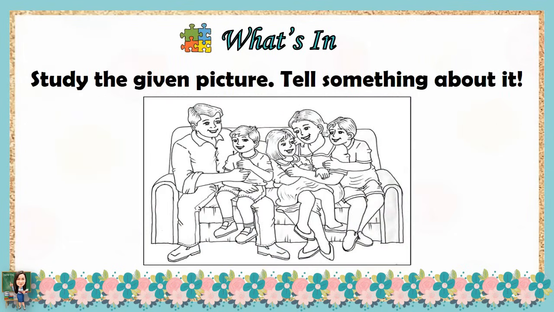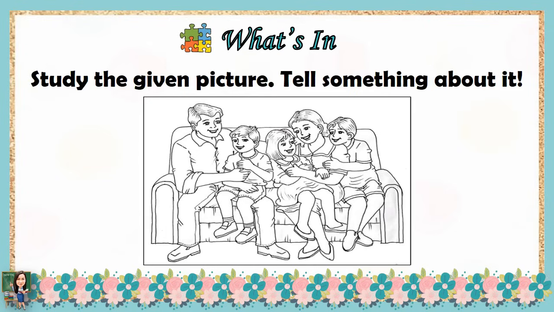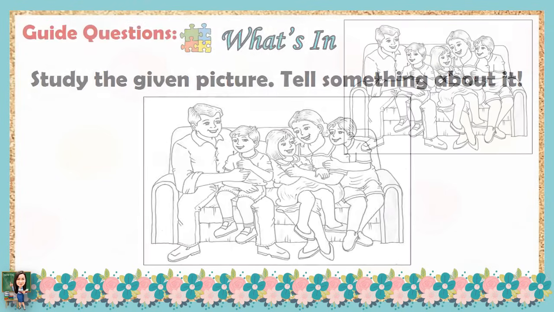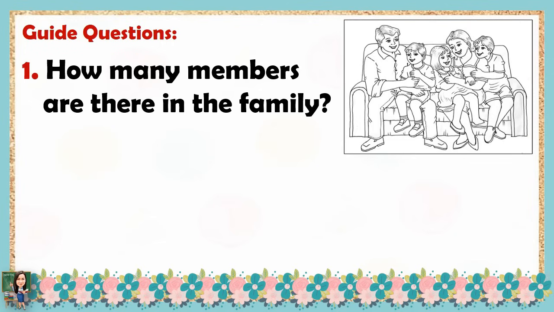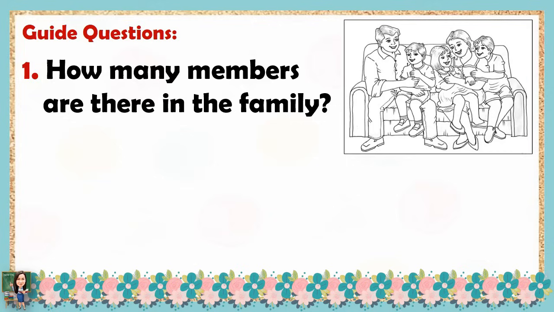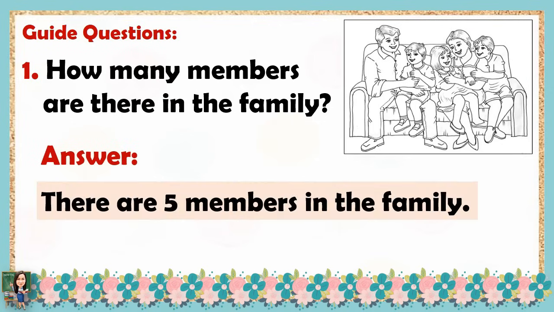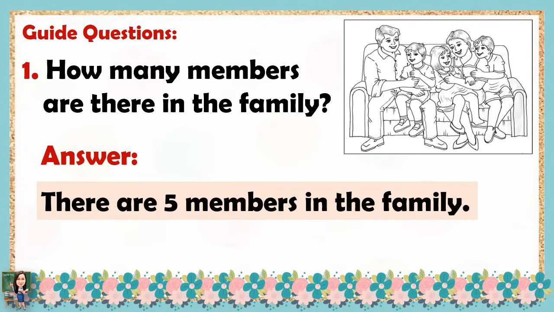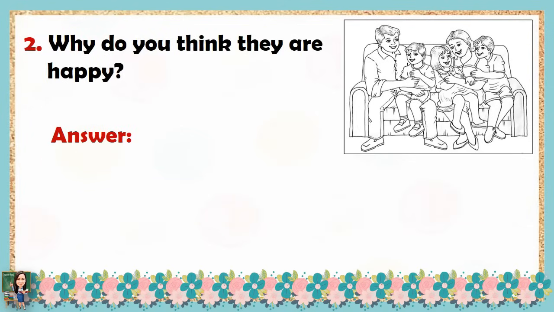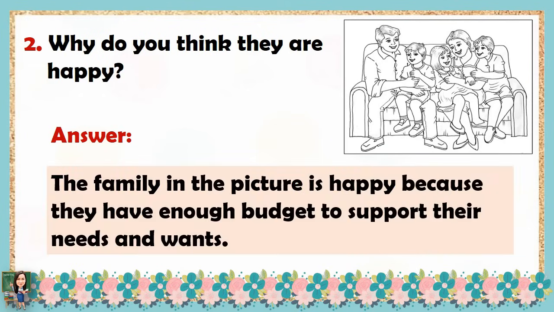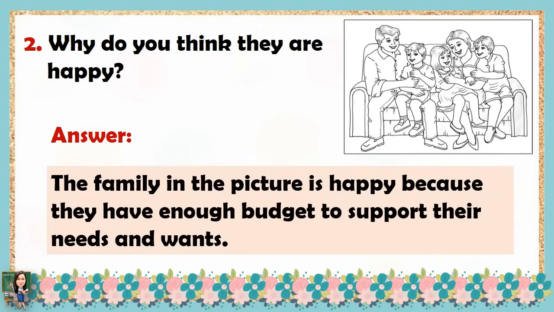Study the given picture. Tell something about it. Answer the following guide questions. First question, how many members are there in the family? According to the picture, there are 5 members in the family. For question number 2, why do you think they are happy? My answer is, the family in the picture is happy because they have enough budget to support their needs and